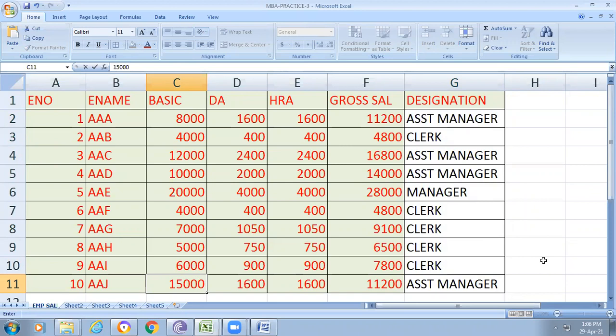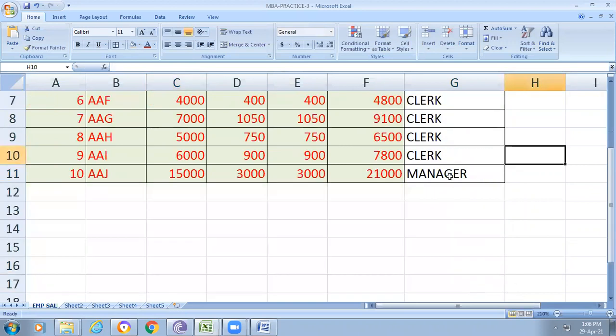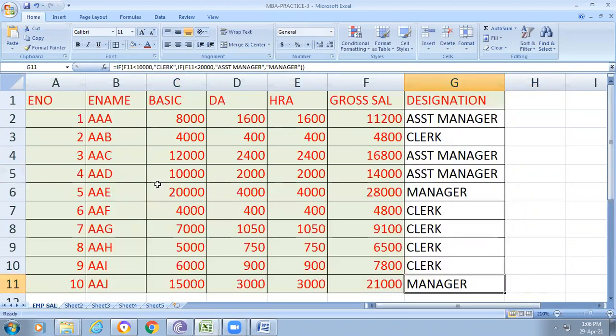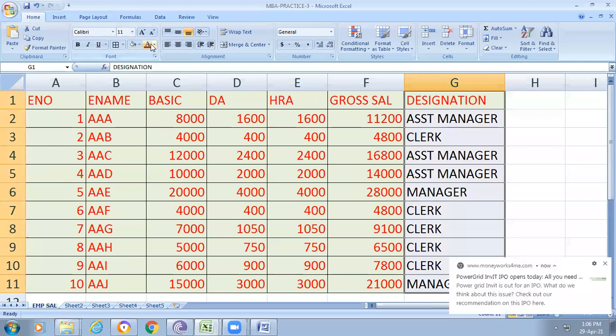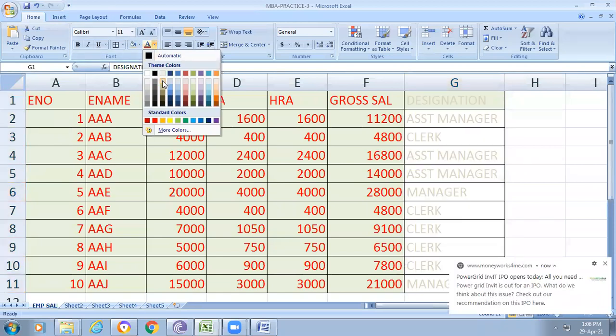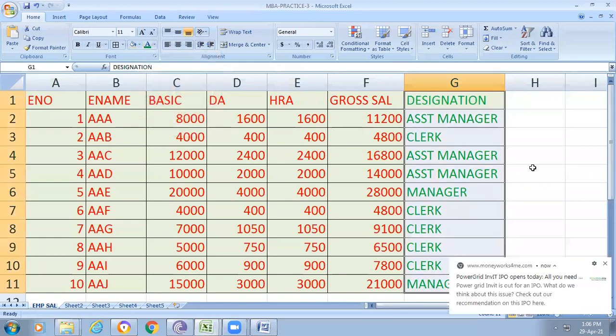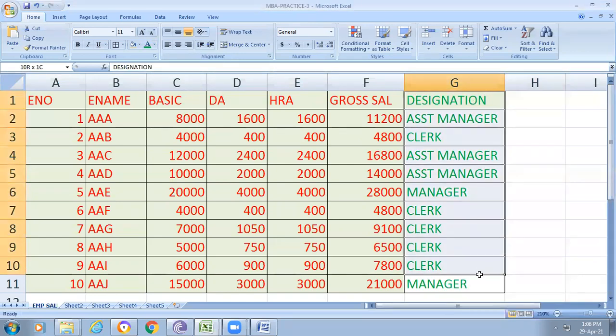Then maybe he is manager. Am I right? In the same way I am also changing this. Two managers are there. Now I try to change the background for better appearance.